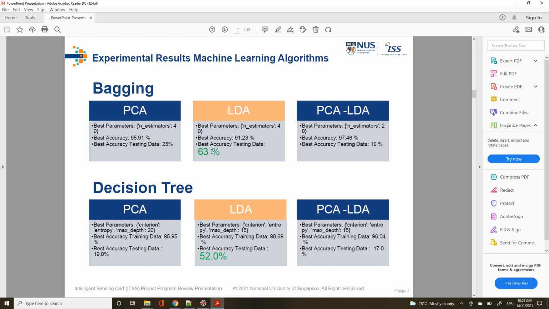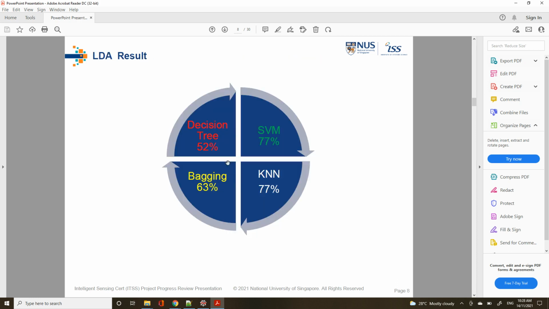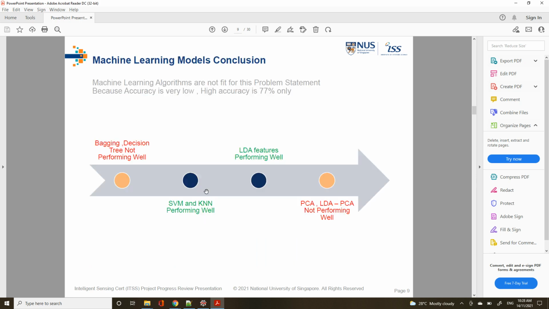Then coming to bagging and decision tree, bagging has 63 and decision tree is 52. That is very low, but it is still better compared to PCA and PCA with LDA. So these are all the experiments I did. Later I will explain the code also. This is the experimental result from machine learning algorithms. So this is the LDA result: decision tree 52 percent, SVM 77, KNN 77, bagging 63.